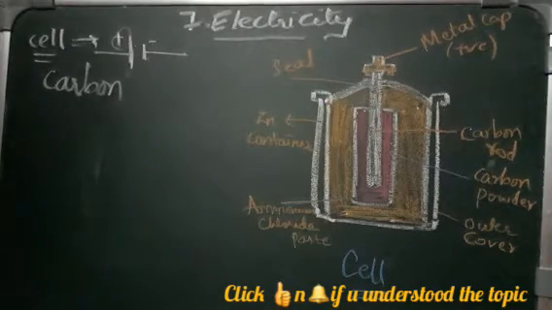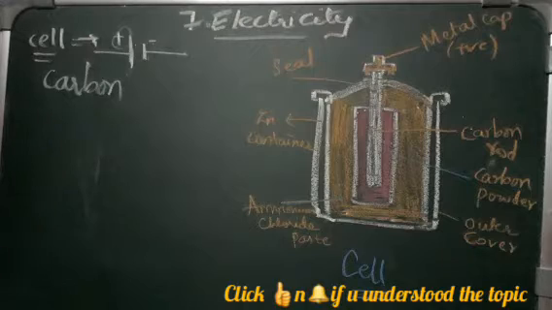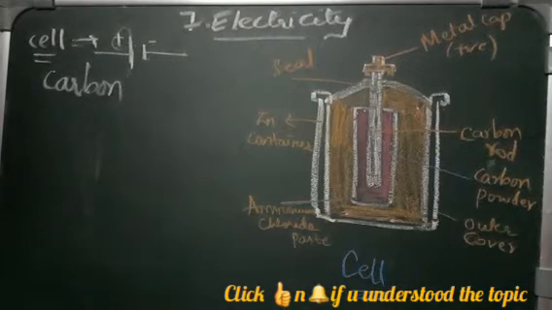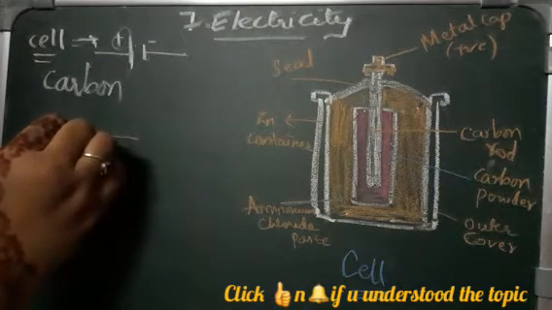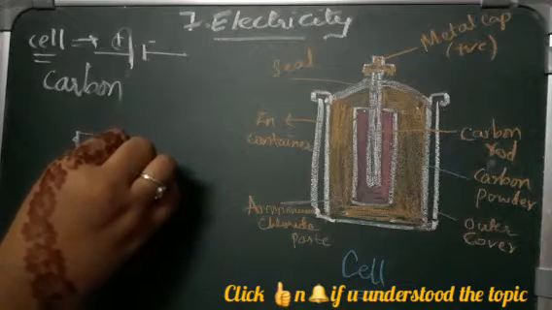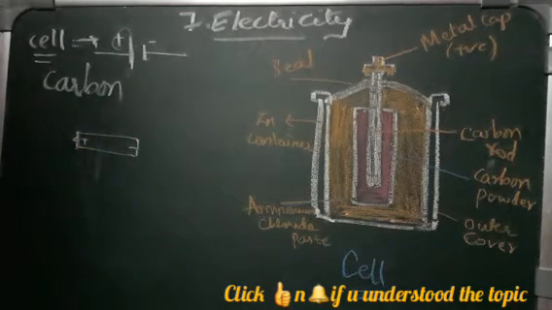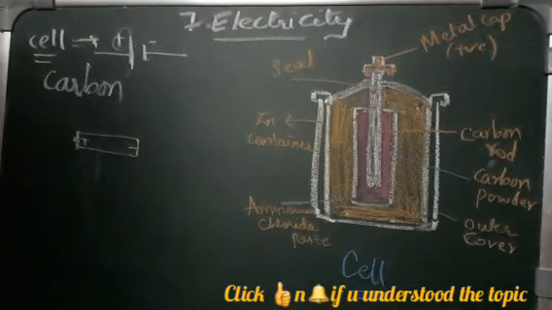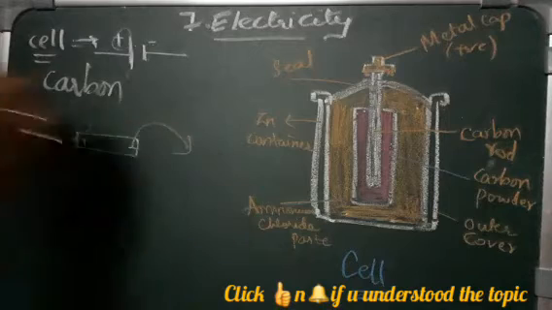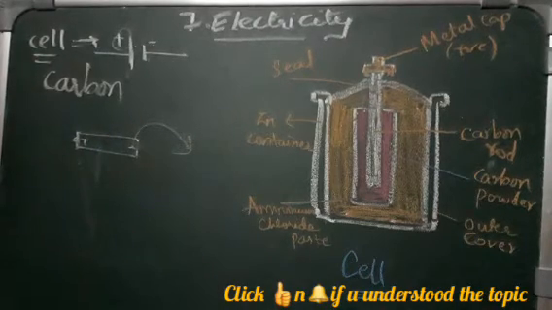The dry cell can supply electric current in a circuit for a certain time. After that, its chemicals get exhausted and it cannot be used anymore. You already know that when we use a cell in watches and so on, after a few months or after a year, the battery gets exhausted and we need to remove this and get another battery.